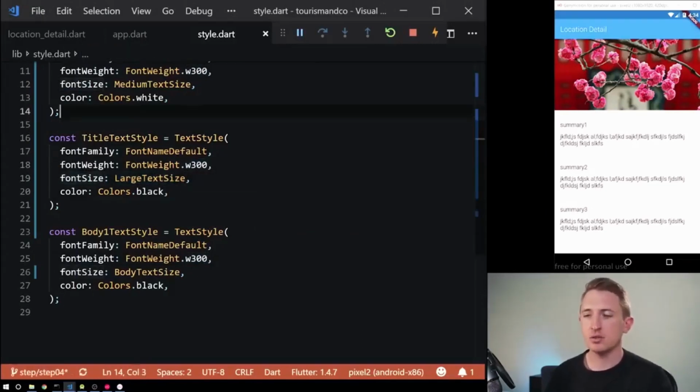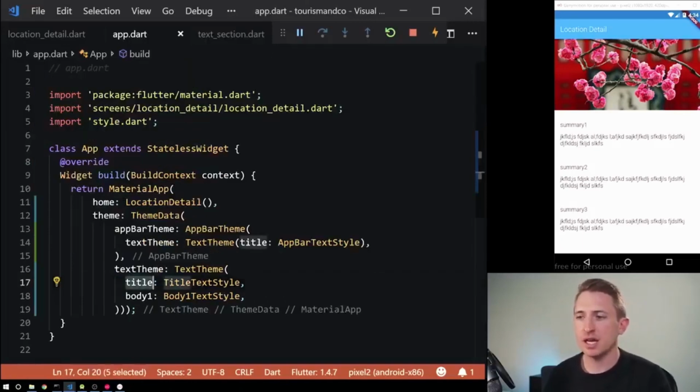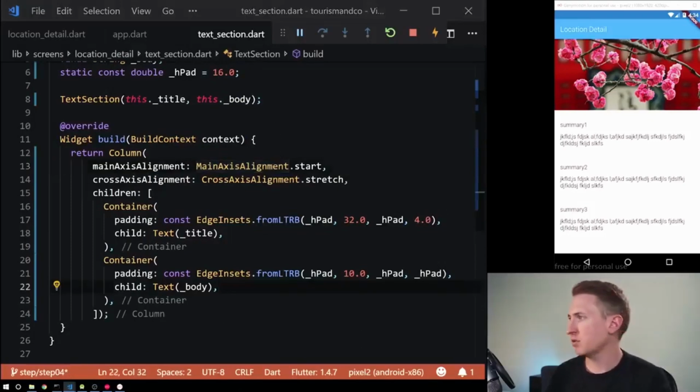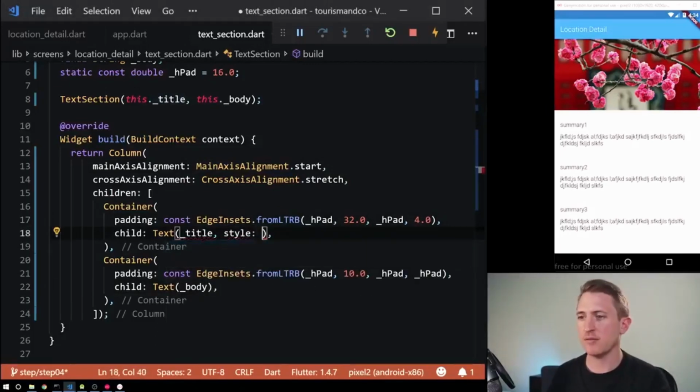To deliberately say, hey, for this title here, let's say summary 1, I want to use the title text style, I have to deliberately go into my text section widget and update that. So for the text widget style,